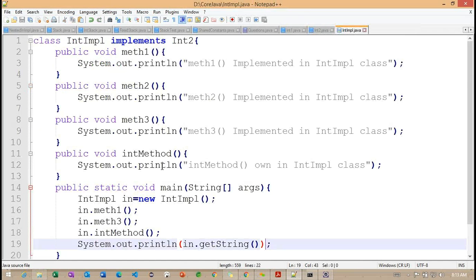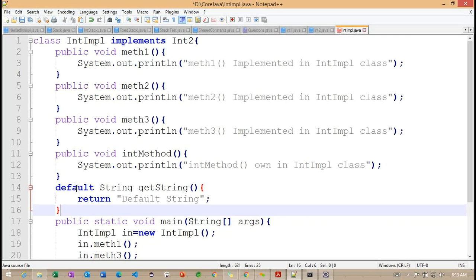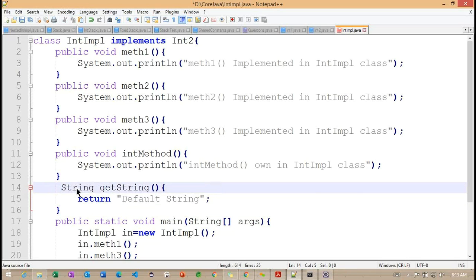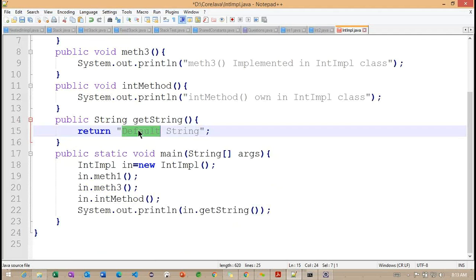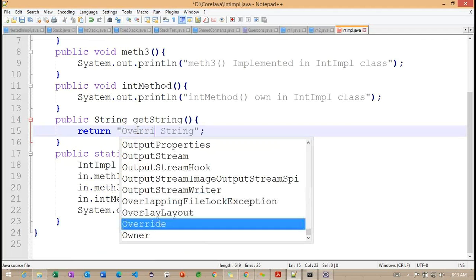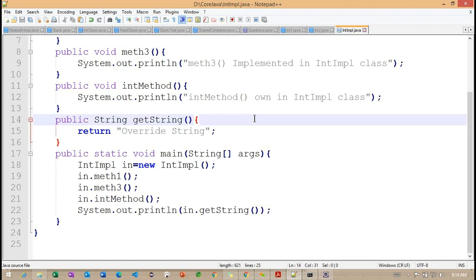Observe, I'm trying to override the same method. Here I'm trying to override the same method, but here override string.